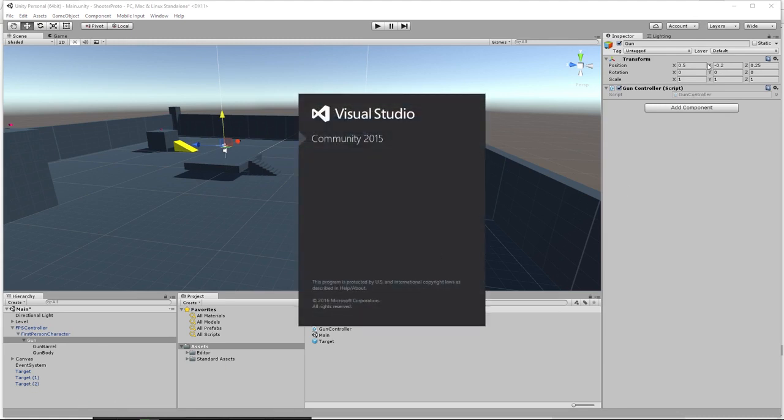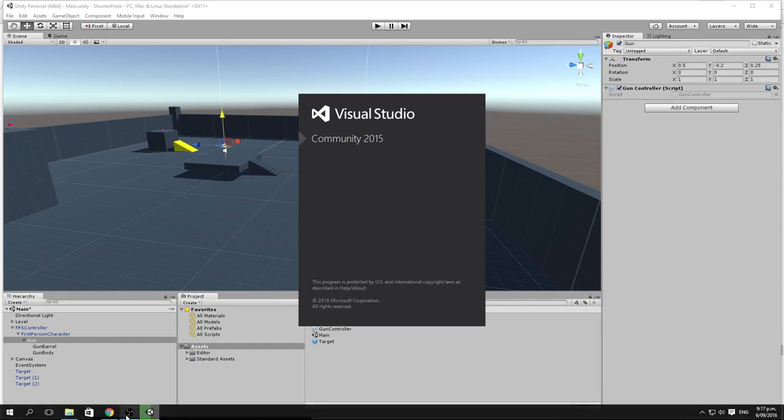So that was a new script added to the gun component, which is the empty we put inside our first person shooter controller. We'll just wait for Visual Studio to start up, but whilst it's doing that, we'll toggle back